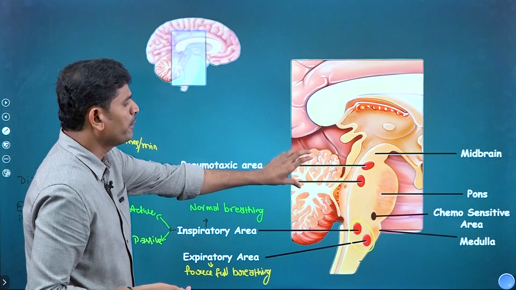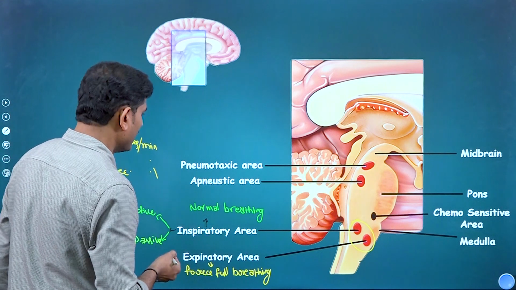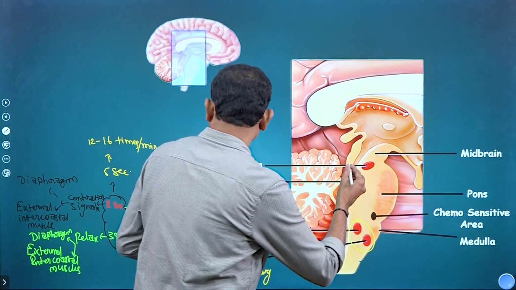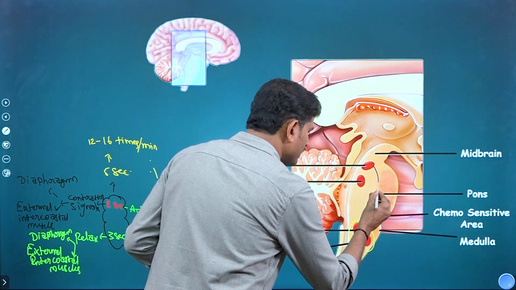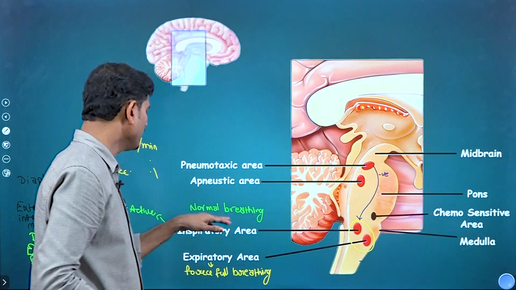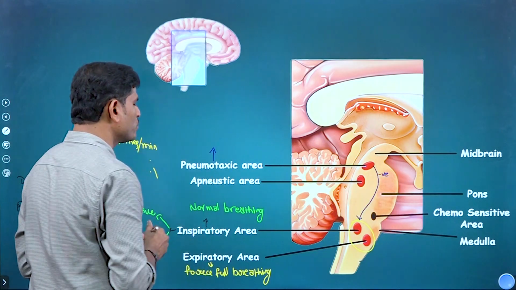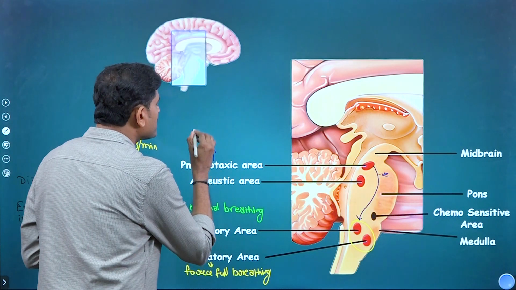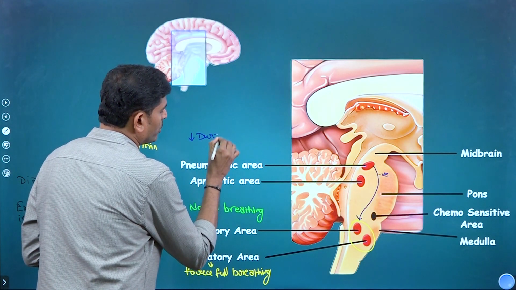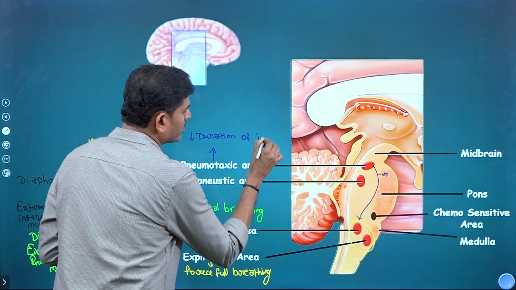Later, in the pons varolii, what is the function of the pneumotaxic area and the apneustic area? We can discuss their functions here. So the pneumotaxic area will sense, which one, negative signals to the inspiratory area. By that, the signals produced by this area will reduce the duration of inhalation.